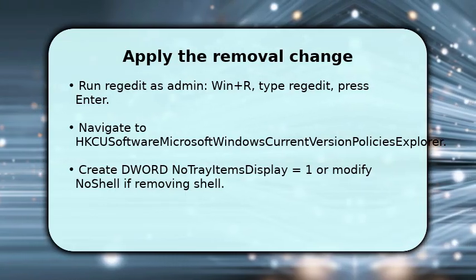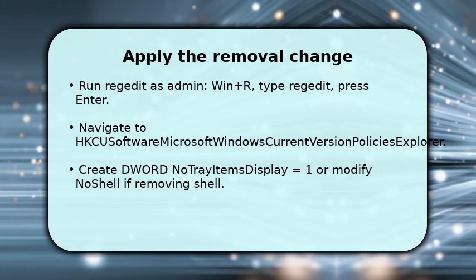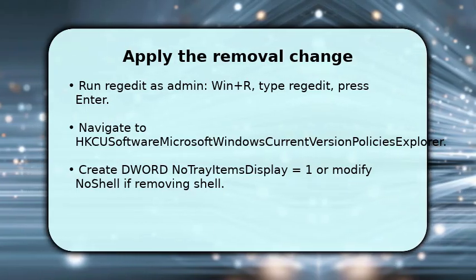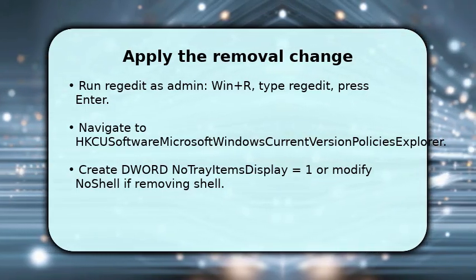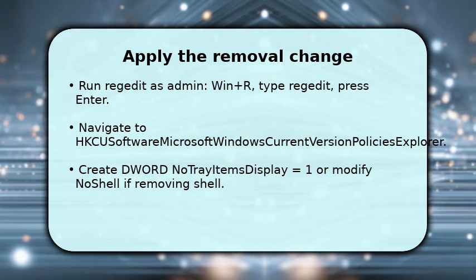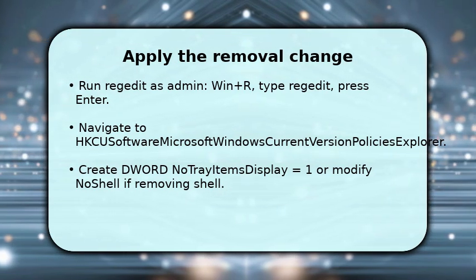Add or edit the DWORD value NoTrayItemsDisplay and set it to 1 to hide system tray icons, or use NoShell to prevent the taskbar entirely. Be cautious. Once set, changes are saved to the registry. They take effect when the shell